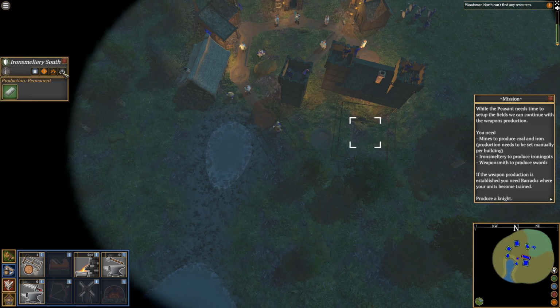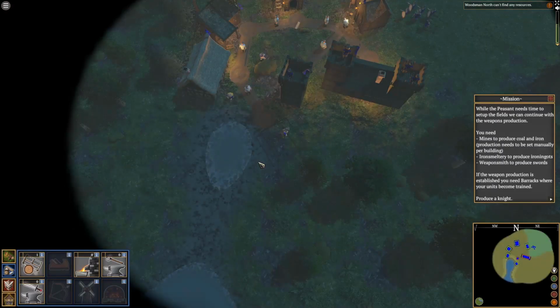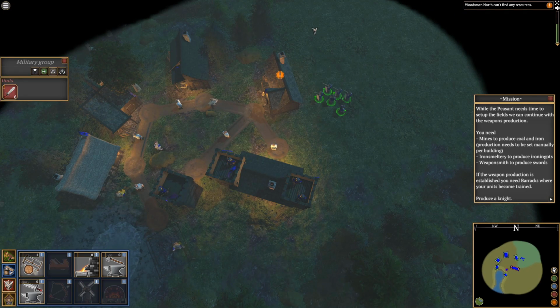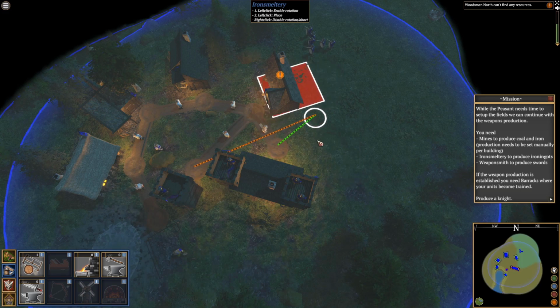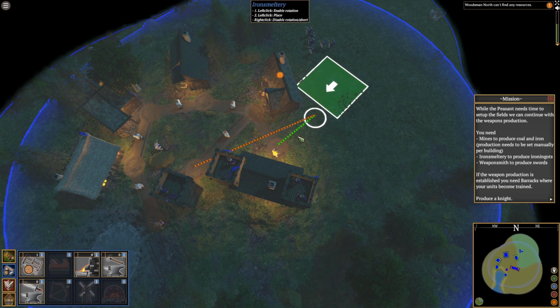Nah, it's not going to work. Right, okay, that's fine. What we'll do is we can move them up a bit, and then we can put the... What are we looking for? Iron smeltery. We'll just put it over here. Got plenty of room over here now, so...